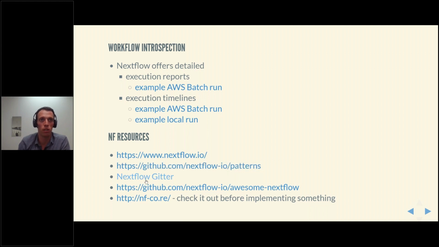The Nextflow Gitter channel is really useful. You can get some knowledgeable advice from users and also from developers of Nextflow on how to deal with different issues you might face. Also, there is a list of different Nextflow pipelines, and finally nf-core, which is a really great initiative where a lot of attention is put to